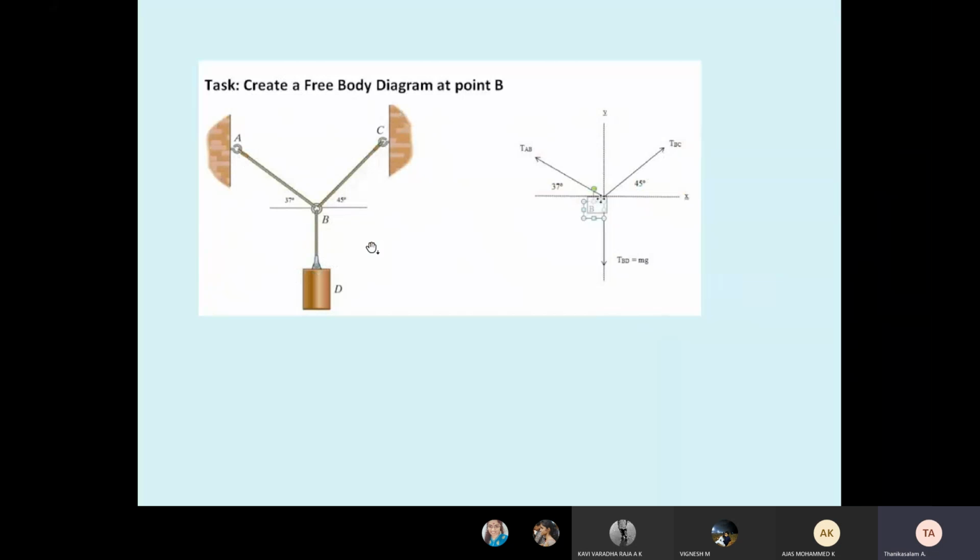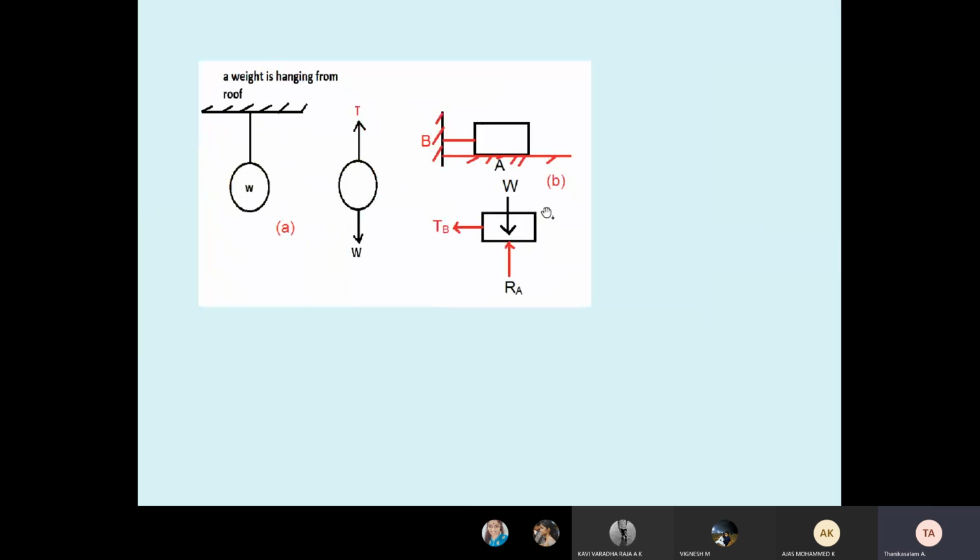Azaj, do you understand what is a free body diagram? Azaj Muhammad? Sir, by removing the contacts, it shows only forces, tension, reaction. See here, the first picture, the weight is hanging. This is called a space diagram. I draw the free body diagram. What is a free body diagram? The weight is acting downward. The tension is acting upward. Why is the tension acting? Because of the connector on the upper side. This is called a free body diagram.